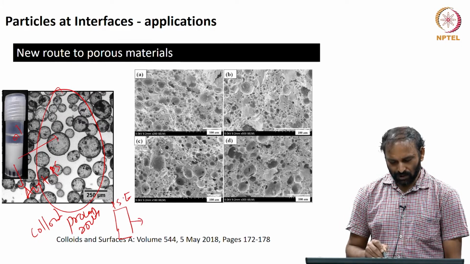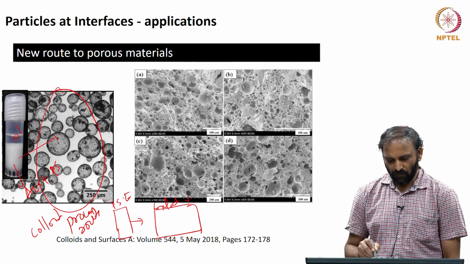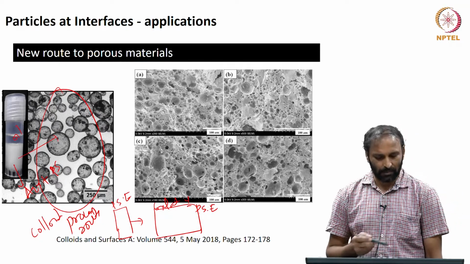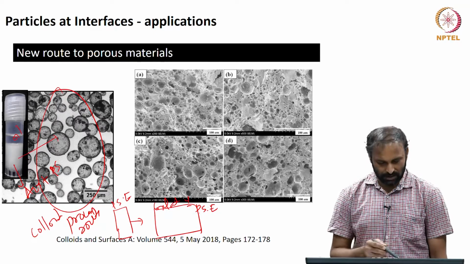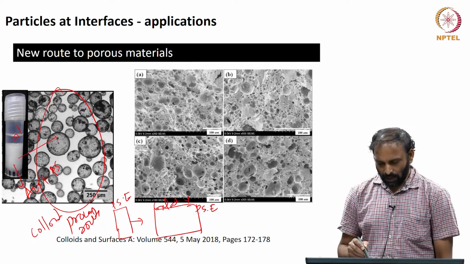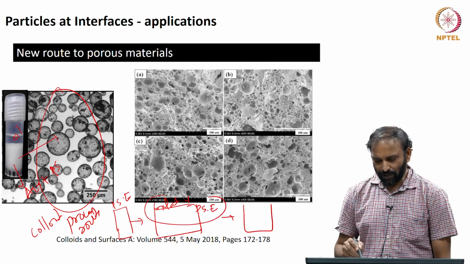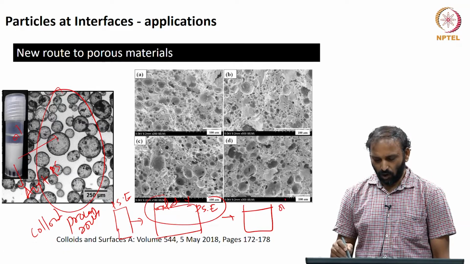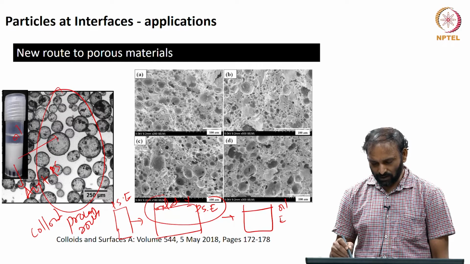You induce gelation in such systems, gelation of the particle stabilized emulsion, which can be simply done by using a higher concentration of colloidal particles when you prepare the emulsion. And once you have such a gel, you can evaporate the two fluids that are in the emulsion, both the oil phase and the continuous phase, and obtain